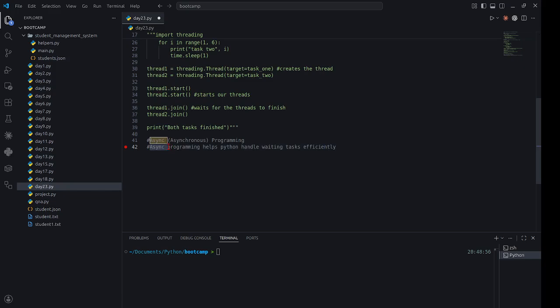It's available in all of the programming languages out there, right? So async programming just helps Python handle waiting tasks efficiently,